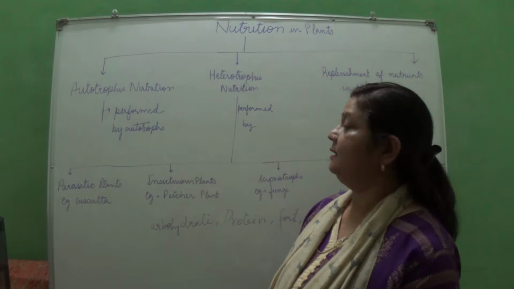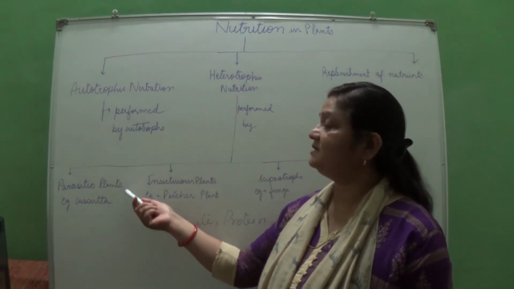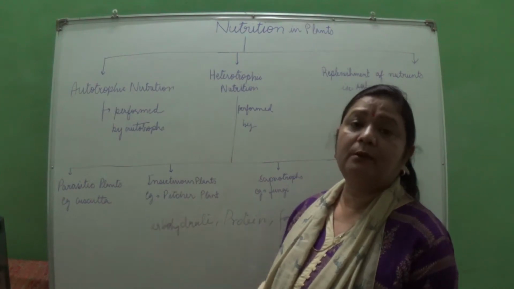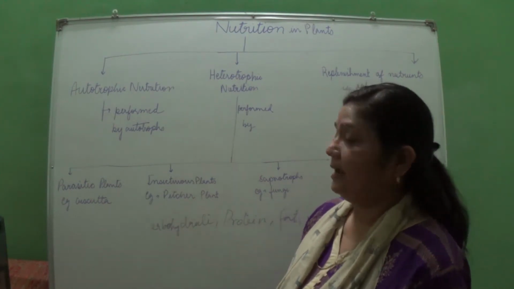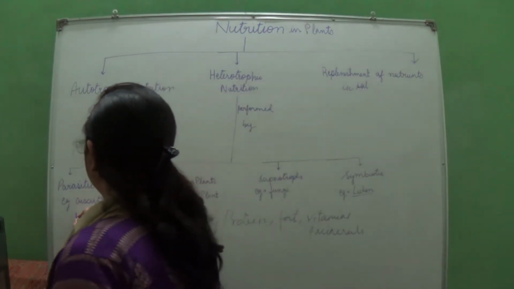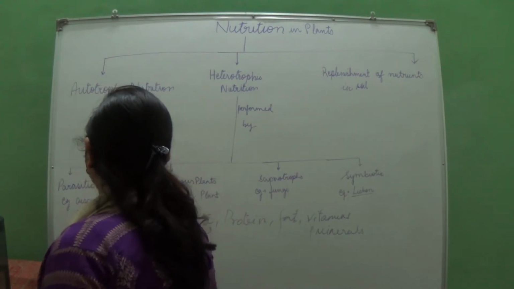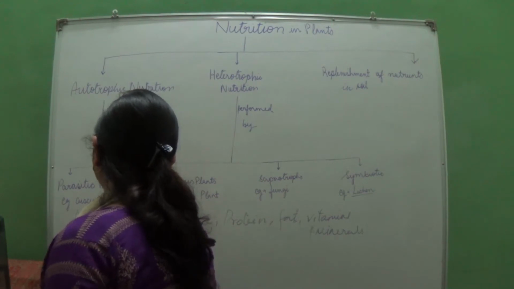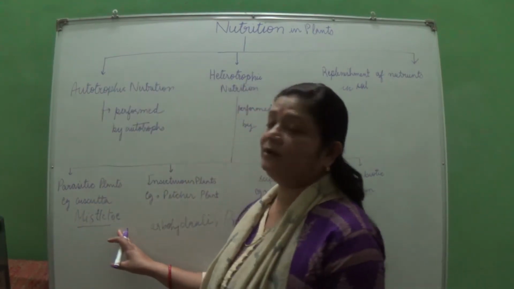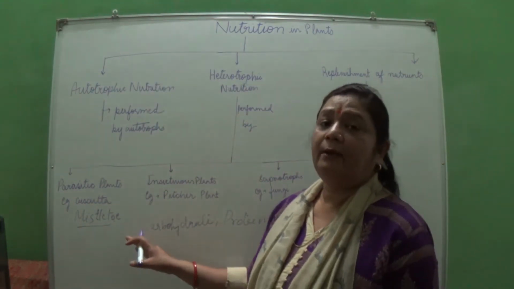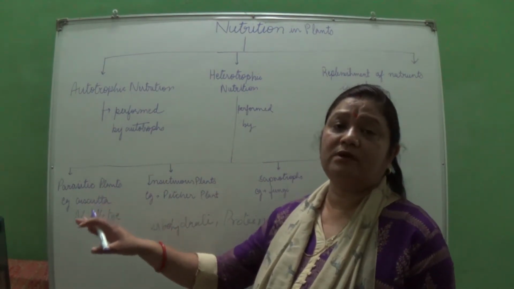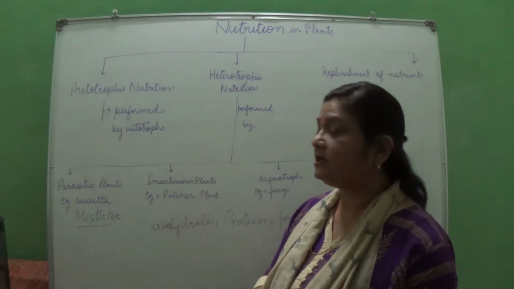So it is harming the tree, and as it is harming the tree, it is known as a parasite. Two types of parasitic plants are also there. Total parasite, as I said, is Cuscuta, and partial parasite is the mistletoe. This is a partial parasite because it has chlorophyll but it can't take water and minerals, and as a result it takes the water and minerals from the tree on which it is living.